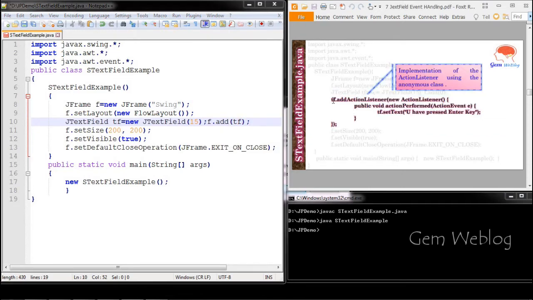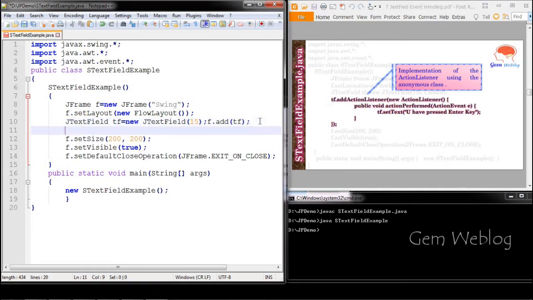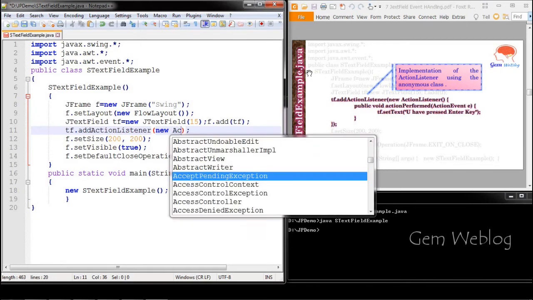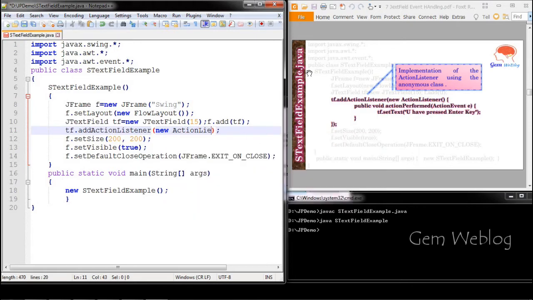Next we are going to add the event handling for the text field. So tf.addActionListener. Inside the addActionListener we have to pass the object for the listener interface, so ActionListener.